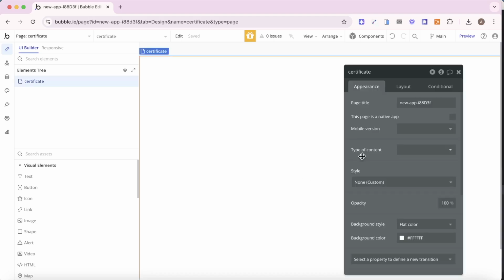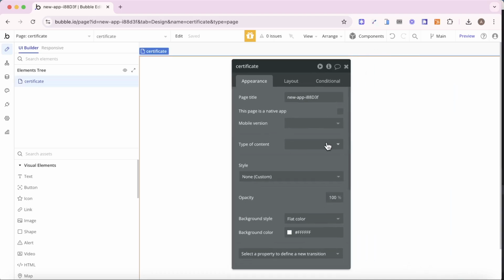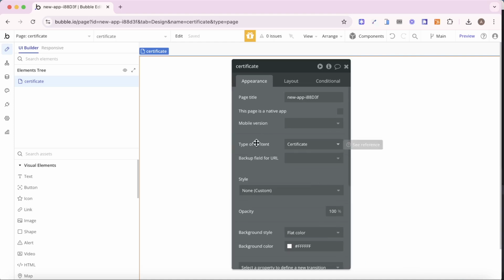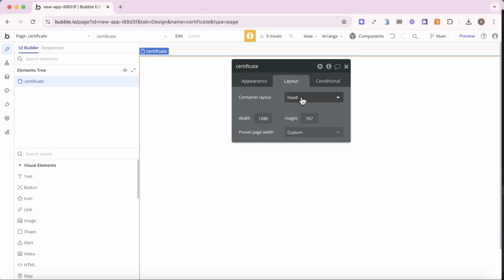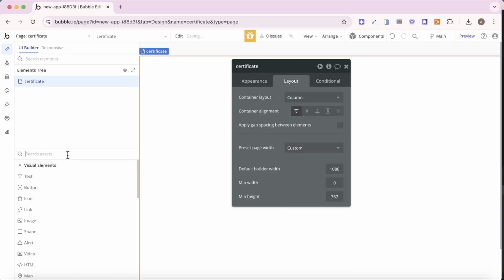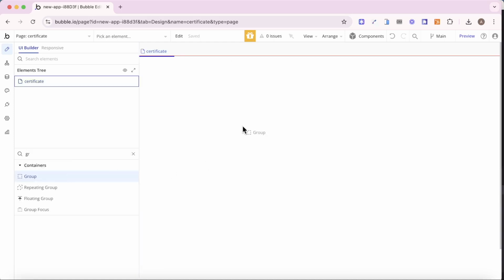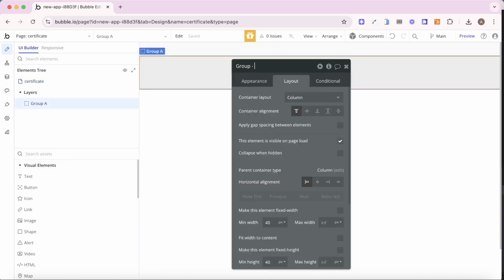So first thing you're going to do on this page is set the type of content. And we're going to set the type of content to be equal to certificate, which is that custom data type we've just created. And now we're going to go about designing our certificate on this page. So let's set the layout to a column, and let's drop a group element on our page. We're just going to call this group certificate